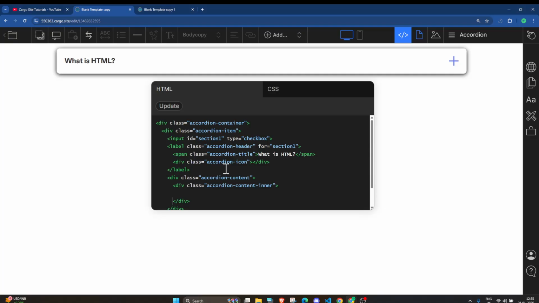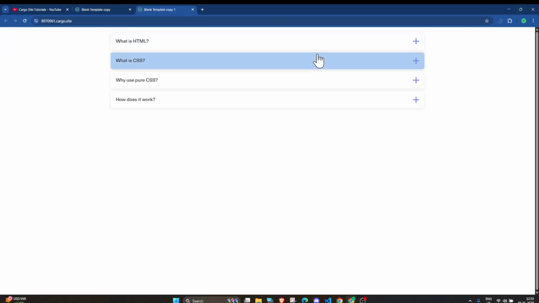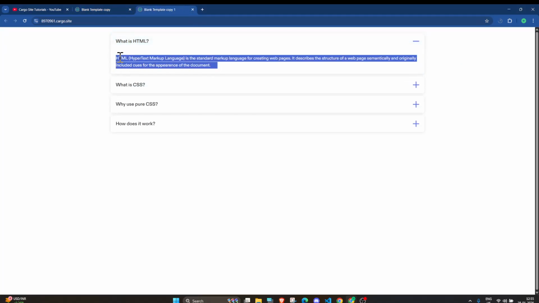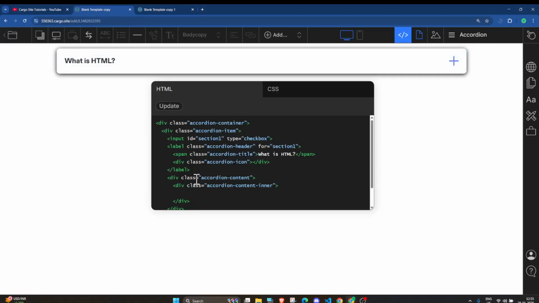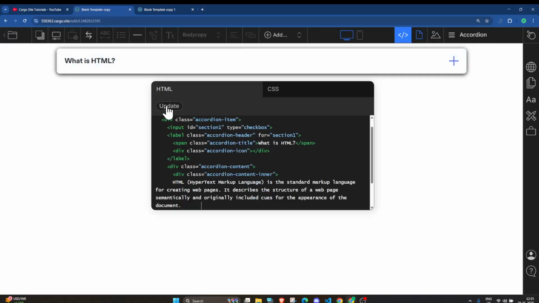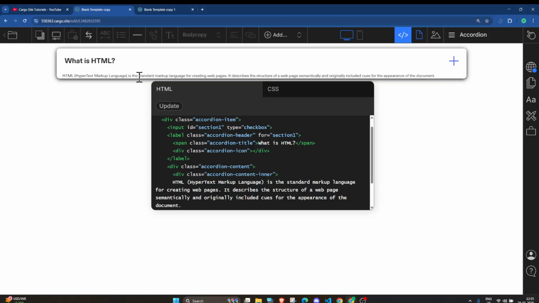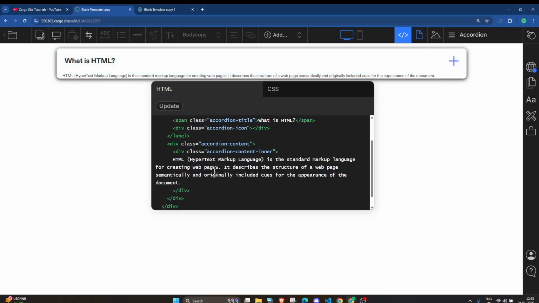Let me just simply copy this thing and paste it here and click on update. Here you can see the accordion content inner.